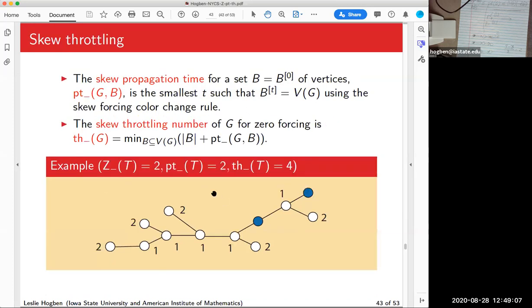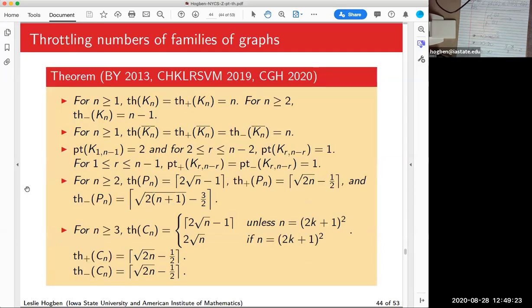And for skew, the best we can do is the minimum skew forcing set, because it did it in 2. And again, the skew throttling number is 4 there. So here we have a slide with a bunch of throttling numbers of families and a little more commentary in some cases. So for the complete graph, the throttling number,